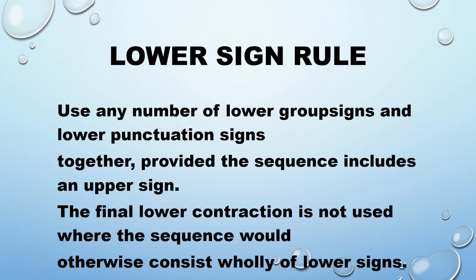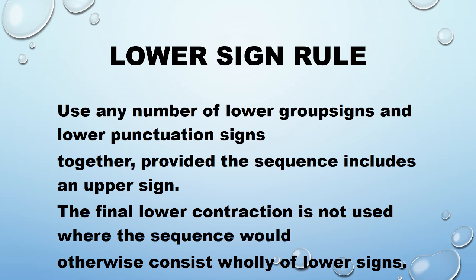So what is this rule about? The rule states that we can use any number of lower group signs and lower punctuation signs together, provided the sequence includes an upper sign. So let me read it again. We can use any number of lower group signs and lower punctuation signs together, provided that the sequence includes